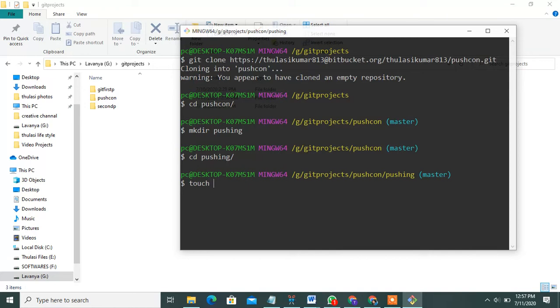File name is first push conflict. First push. Okay, this is my file name. Under the file you can access it. Write some code.